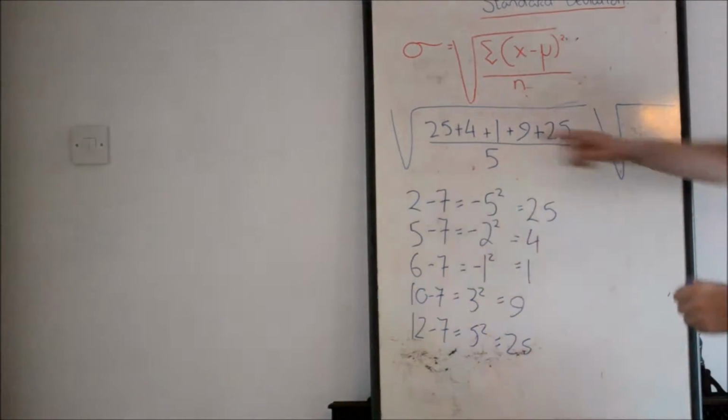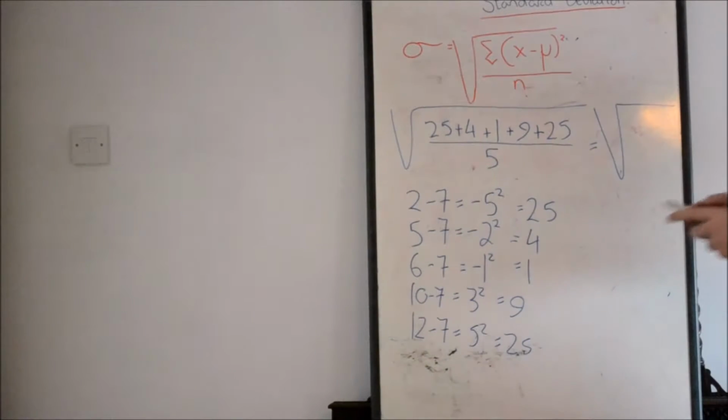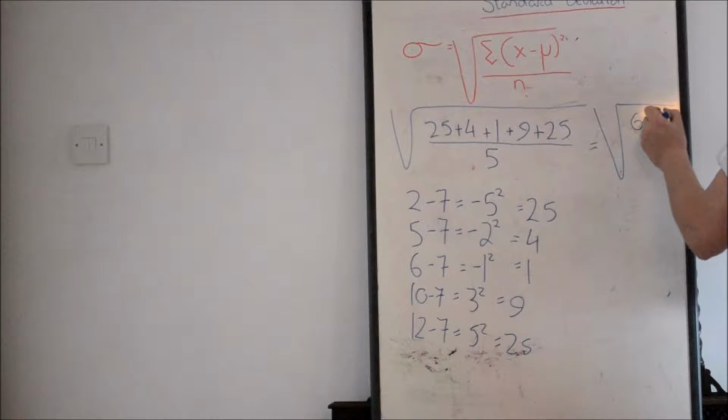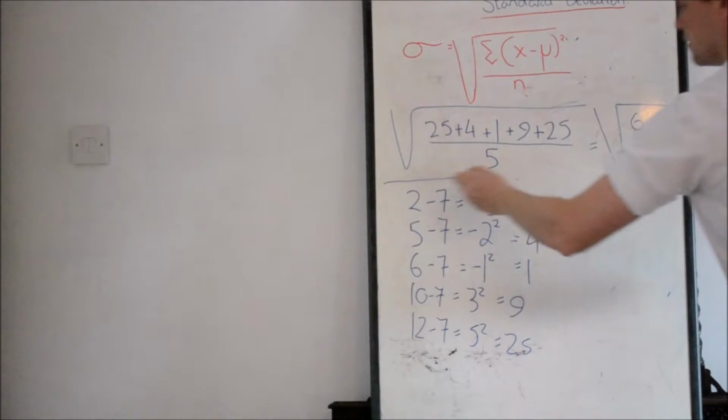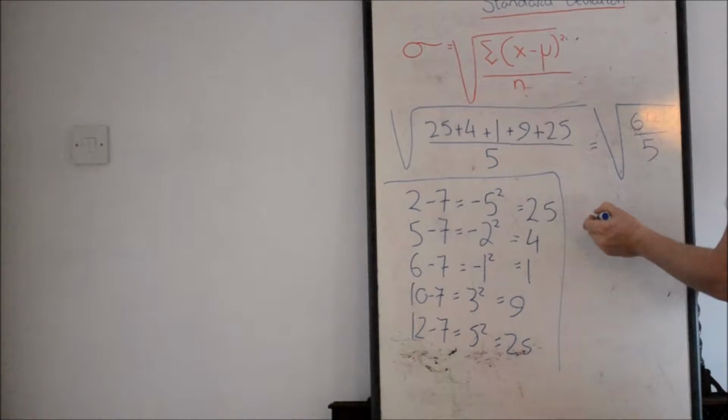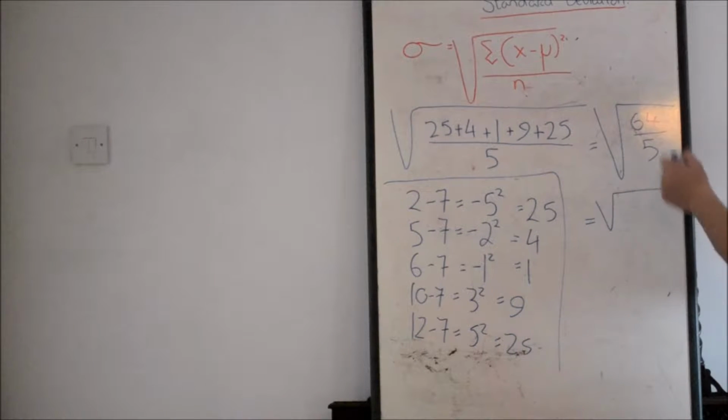Square root of, let's add up these. So we have 25 plus 4 plus 1 plus 9 plus 25 equals 64. So it's 64 over 5. Okay, again I'll go down here, sorry about this. Equals the square root of 64 divided by 5. So we divide it by 5 equals